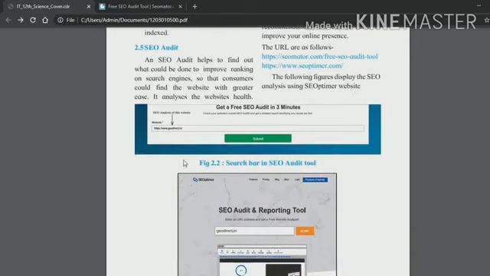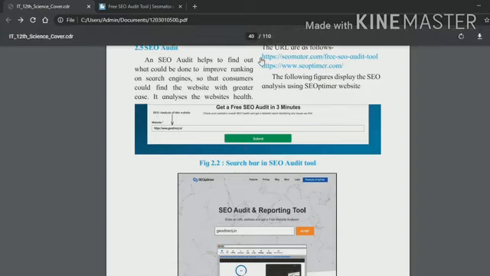The following figures display the SEO analysis using the SEO Optimizer website. Here you will see get a free SEO audit. Here is one figure, and when you click on the first link, we will get this type of look on our web browser. Here we have to provide the website for which we are going to do the SEO audit.